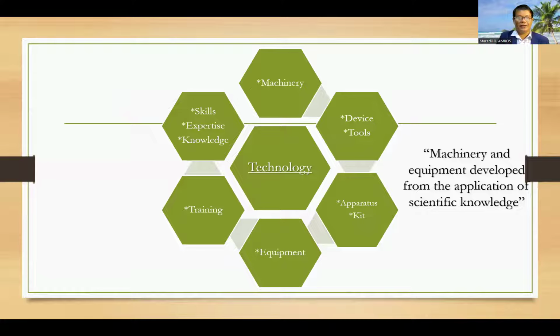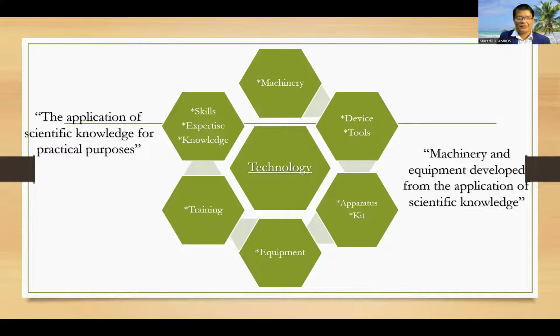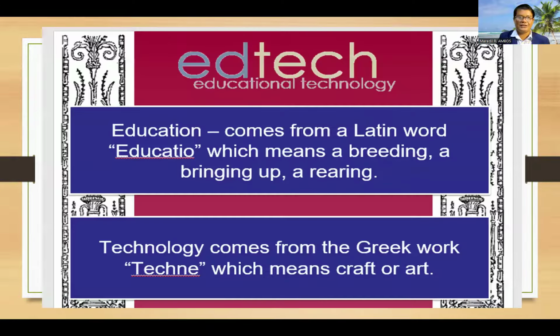And when we say technology, it requires us to have skills, our expertise, our knowledge, and training on how to use or manipulate this technology. So by having these kinds of words, we have the definition as the application of scientific knowledge for practical purposes. By having this definition, when we say educational technology,